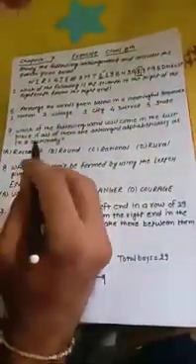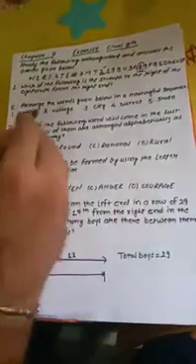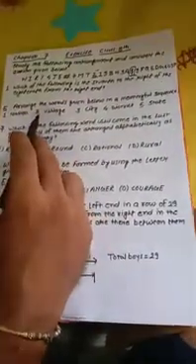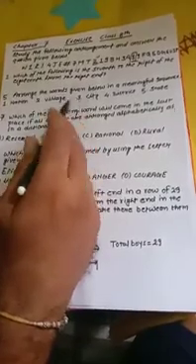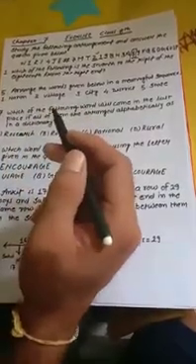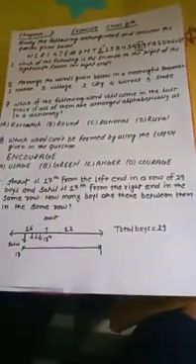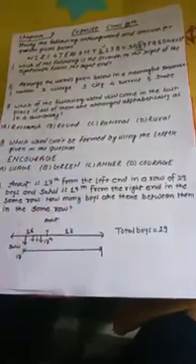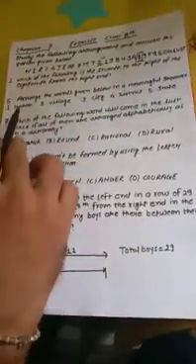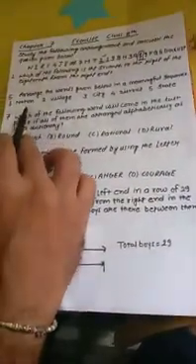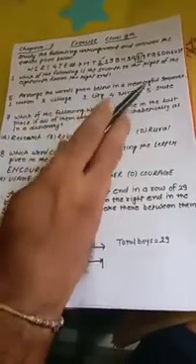Now come to the next question. The next question says: arrange the words given below in a meaningful sequence. That means we have to arrange all the given words in a meaningful sequence. It could be an increasing order or a decreasing order. If we want to arrange this in increasing order, the given words are nation, village, city, district, and state.